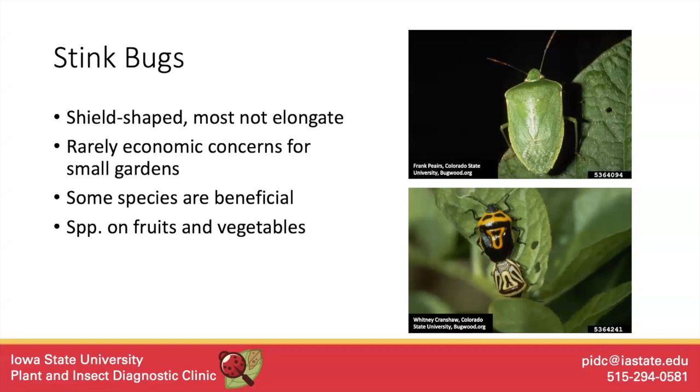The one in the bottom there is called the two-spotted stink bug. That is a beneficial species. That is a predator. This one, I believe, loves larvae that feed on potato. So you might not see a ton of these in Iowa specifically, even though they're here, I'm pretty sure. But there are a lot of species out there, which is why I go back to